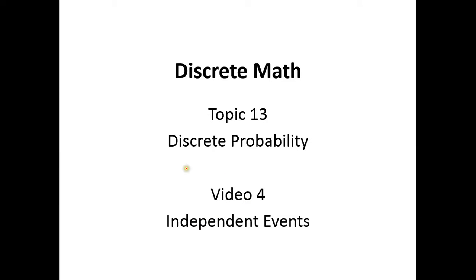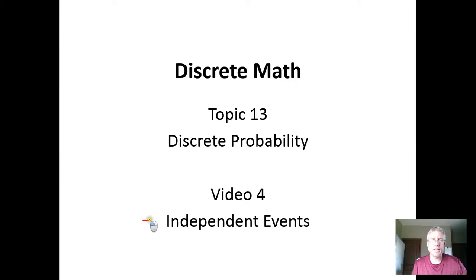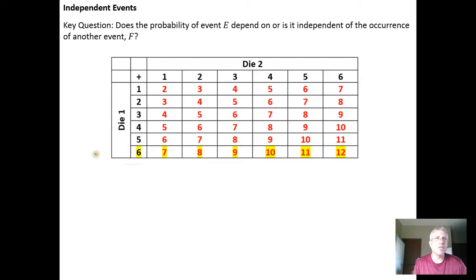So in video 4 on discrete probability, we're going to look at the idea of independent events. The basic question here is whether an event E depends on, or is independent of, the occurrence of some other event F. To get at this idea, let's revisit an example that we've already looked at, where we roll